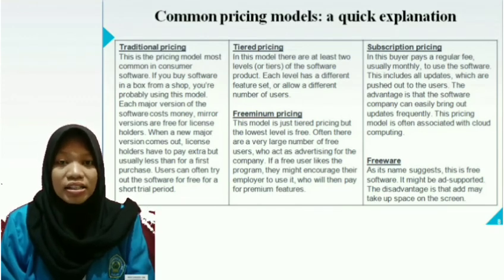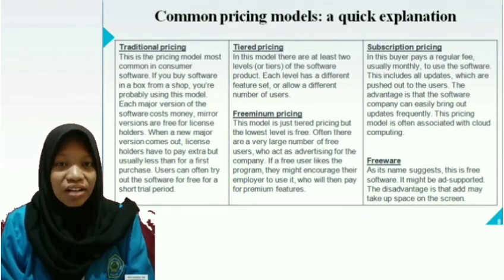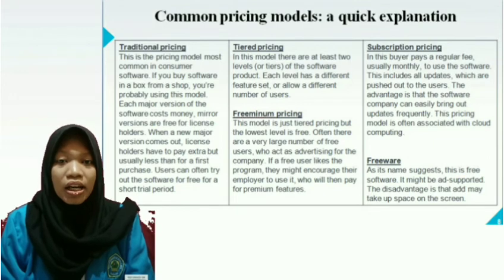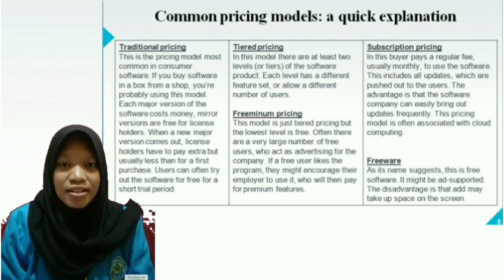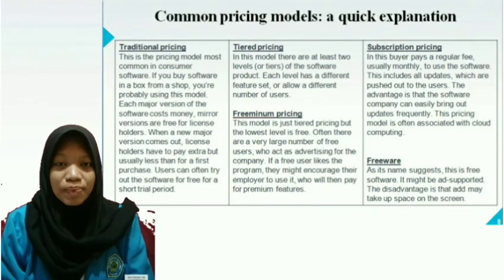Often there are a very large number of free users who act as advertising for the company. If a free user likes the program, they might encourage their employer to use it, who will then pay for premium features.